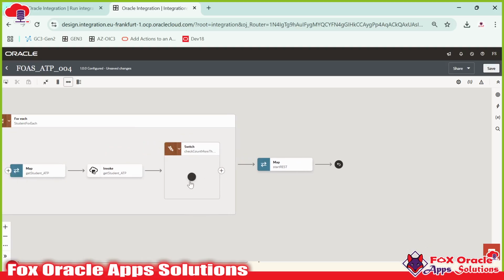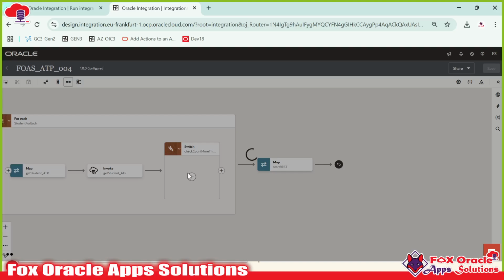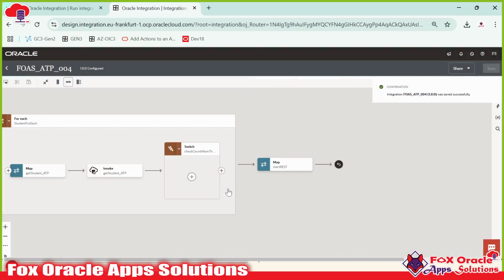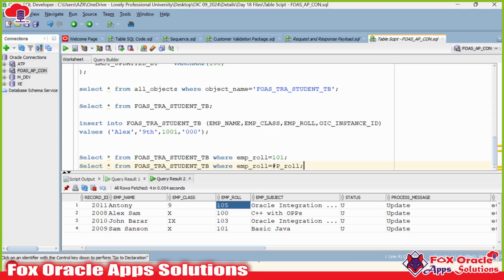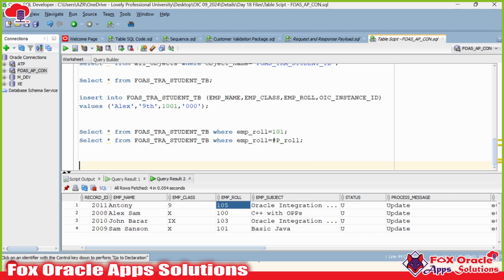So we want to perform that insert operation. Sorry, we want to perform in this case update operations. So again, for updating that one, what we want to do, again we want to use a select queries. So update queries. So what update we want to do? So we want to update like update. This is our